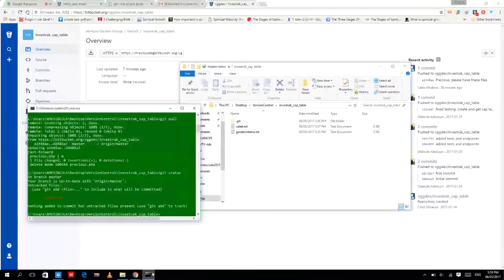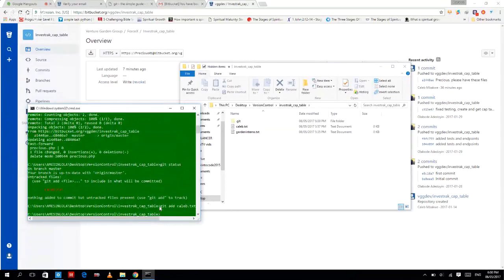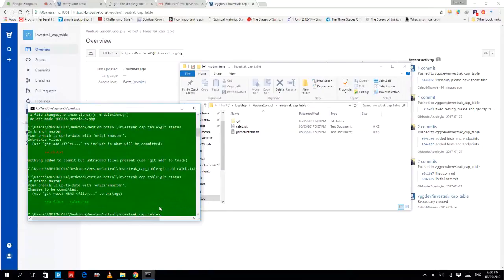Okay, so go into it. All right, so good. So you can see the killer.txt. All right, so now Git is still in your working directory, but it's not in the staging environment. In other words, you need to add it. So git add killer.txt. So run status again. So you have a new file, but it's not yet committed. Git recognizes it, but it's not yet ready to be pushed. So now commit it. Run git commit